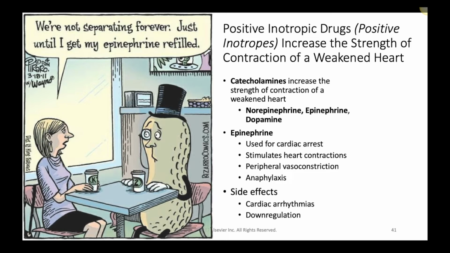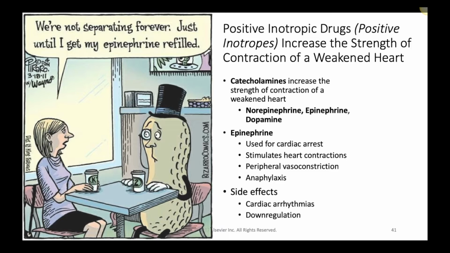So positive inotropic drugs, we're going to look at positive inotropes. They increase the strength of contraction of a weakened heart. Catecholamines increase the strength of a contraction of a weakened heart. So this is norepinephrine, epinephrine, and dopamine. Epinephrine is used for cardiac arrest. It stimulates heart contractions. It causes peripheral vasoconstriction, and we often use it in anaphylaxis. Side effects, of course, cardiac arrhythmias, so we have to be very cautious of the patients that we use this for,